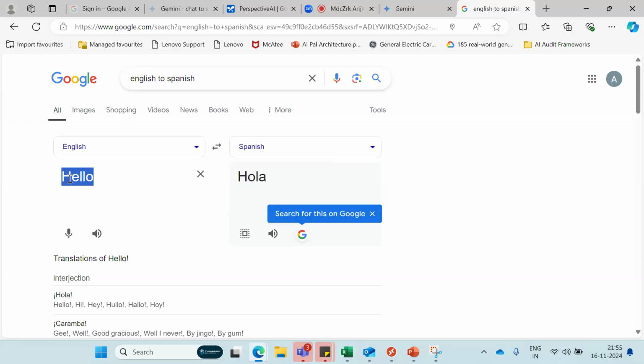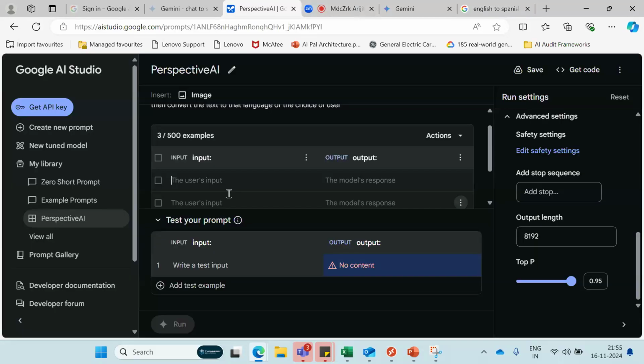So I am giving it an example. Convert hello to Spanish. Language translated as Spanish, and output is equal to